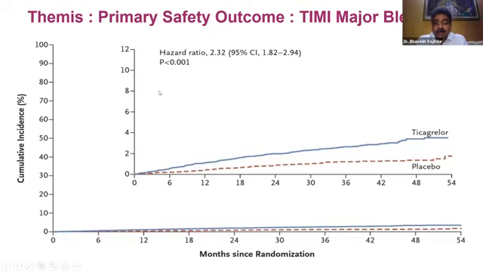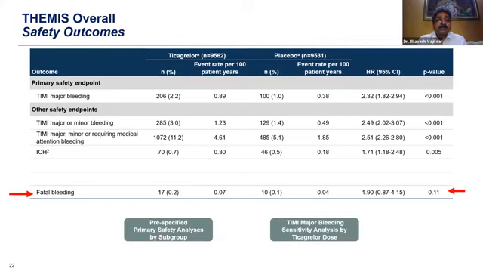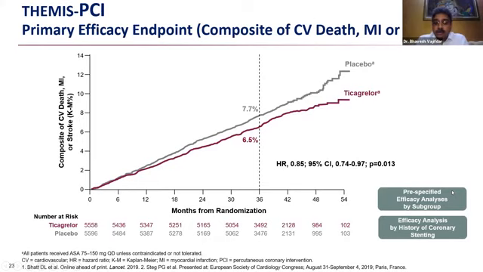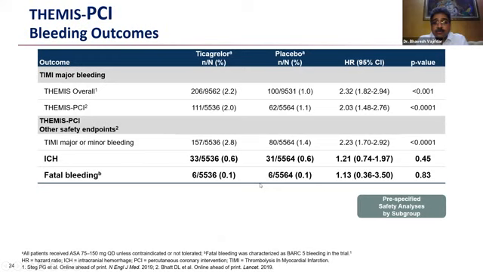So then we were wondering whether it is good to give ticagrelor or not. But then they analyzed it further, and they found that fatal bleeding was not different, though major bleeding was different. So if you look at major bleeding, it was high, but it was not fatal. So fatal bleeding was not different in the 2 groups. Similar findings in the patients who underwent PCI in this group,